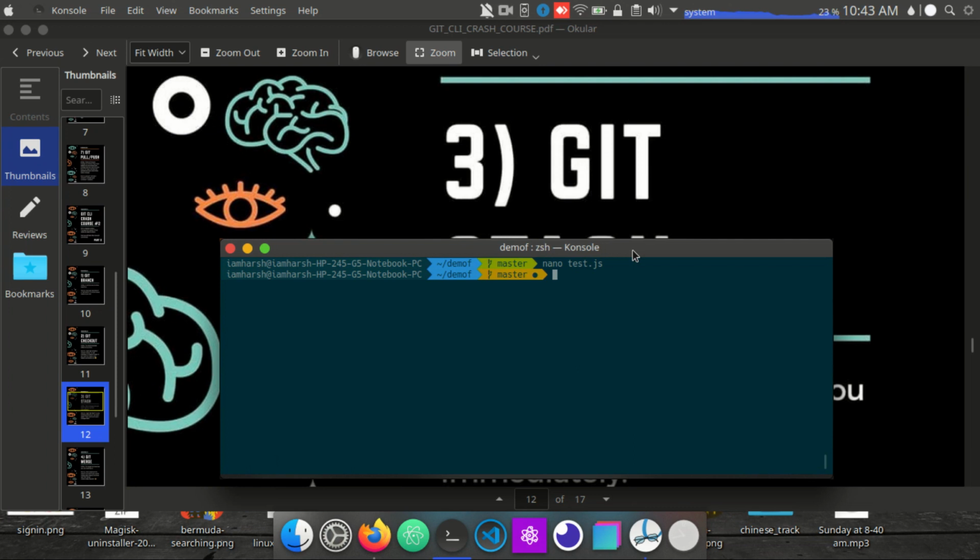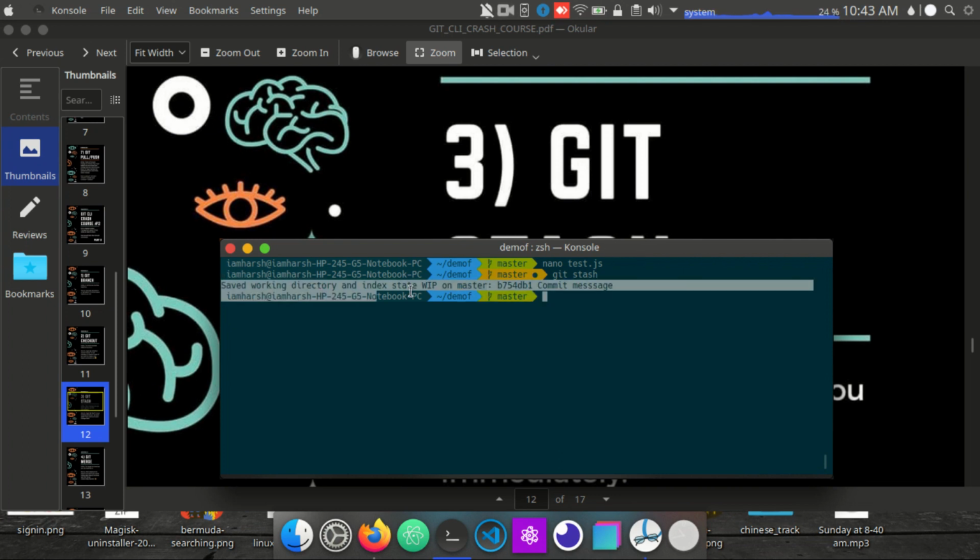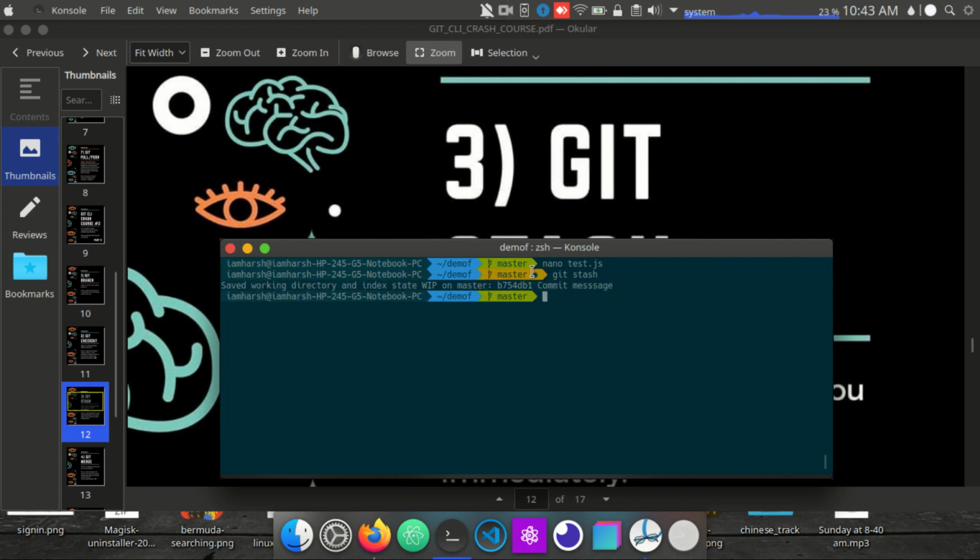If you want to stash it into the cache of Git, like if you don't want to save the changes but you also want to keep track of that file or the changes, what you'll do is type git stash. And here you can see it will save the working directory on the master, but you haven't added it and you haven't committed it, right?